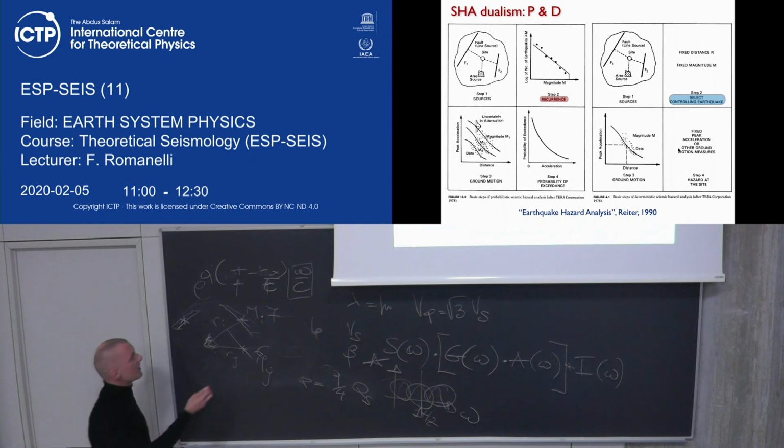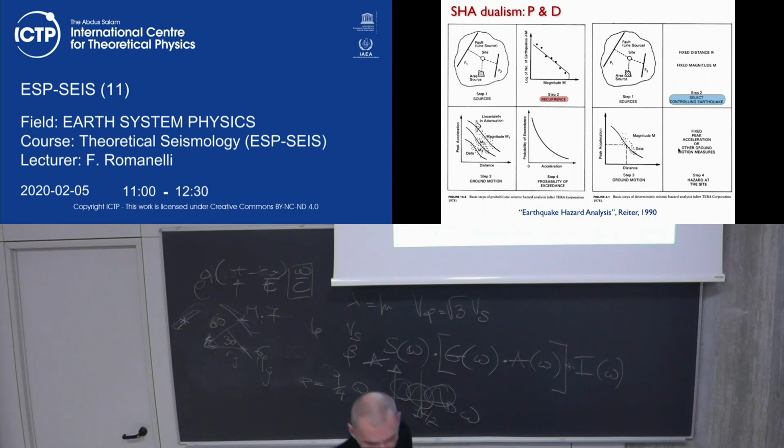Who is worse? Let's say this is 60 kilometers and this is 30. 60 is worse. At times, one magnitude more can be more devastating. It depends. It depends on the building. If you're going to build a bridge, a dam, or your tiny house, it's totally different. Because remember